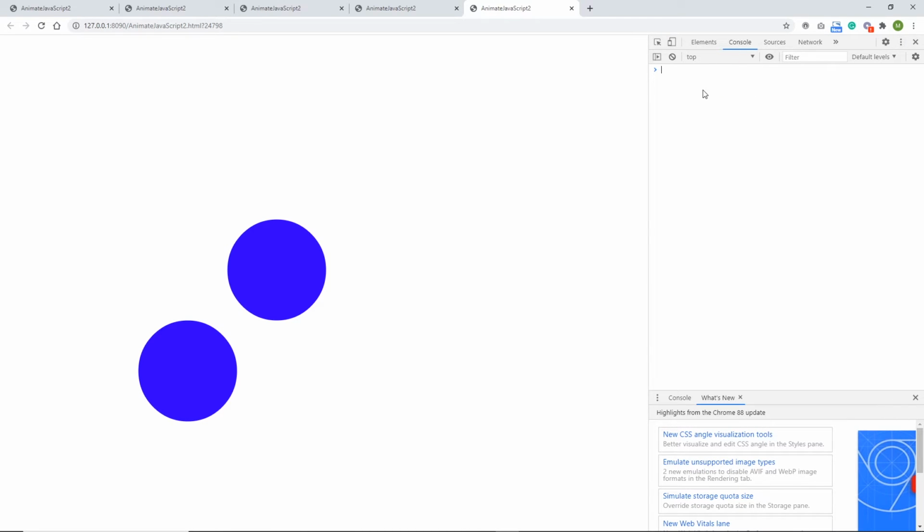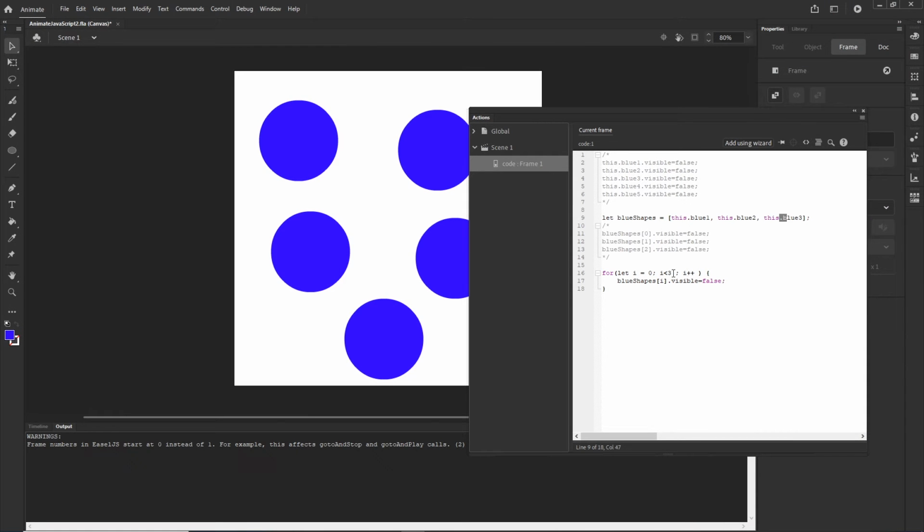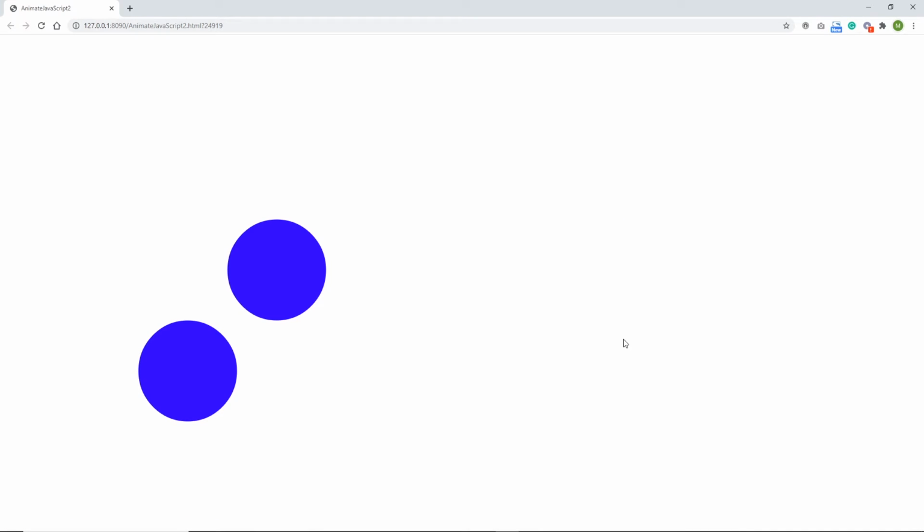Usually when we have some kind of error, it is going to be here in the console. I can close this, and I will change this to 4. Okay, so this means that we are going to set blue shapes 0, 1, 2, and 3. But in the blue shapes, we don't have anything which has index 3. There is nothing. So I will hit Ctrl Enter, and I will right click and I will choose Inspect, and